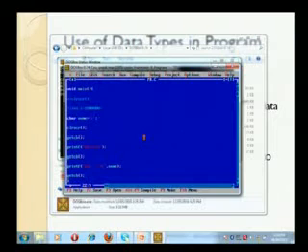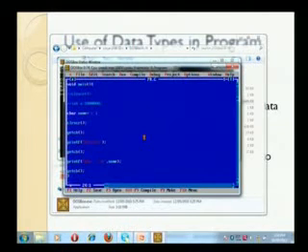So the getch is written over here. The basic understanding behind getch is that it will hold the screen. Now the answer would be printed and the screen would be held. Why? Because at the end of the program I have written getch. So be clear in mind that getch is not used to end the program. It is used to hold the screen, so it is written at the last line of the C program.